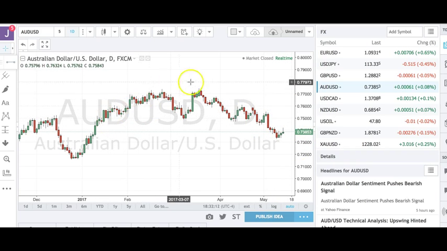For now, it still looks very distributive off the 77s. And frankly, if the 73.50s are tested again to the downside, you don't have true support till around the 72s. So all things being equal, it still looks more like a test all the way down, as we have a full rounded distribution in the Aussie. But in the meantime, we could have some near-term counter-trend moves, which is why I'm saying there's potential for us to move possibly towards the 74.50s before the exhaustion comes in.